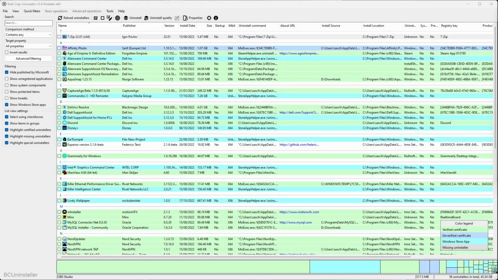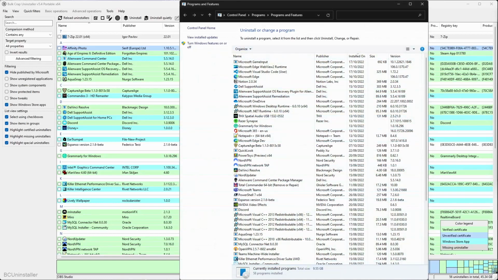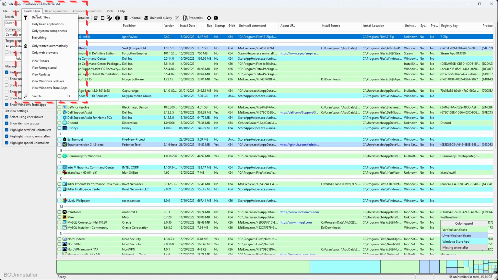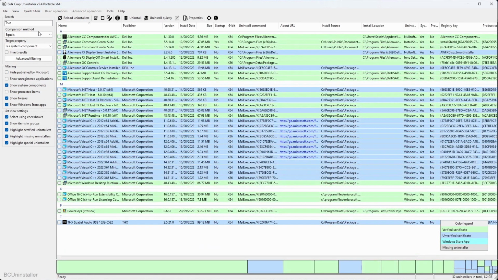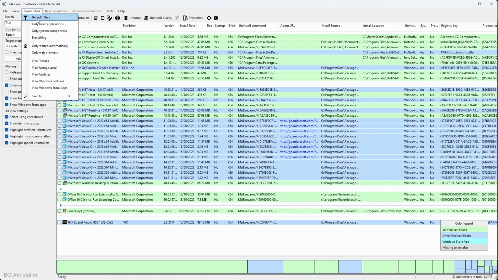At startup, it does a quick scan of your system. While the user interface may appear a bit overwhelming at first, the most relevant things are really easy to use. Right away, you will see 2 advantages compared to the default Windows uninstaller. First, all the installed applications, programs and tweaks are displayed and color-coded. And second, you can easily filter that list by a variety of parameters. It even comes with predefined quick filters for the most common use cases.